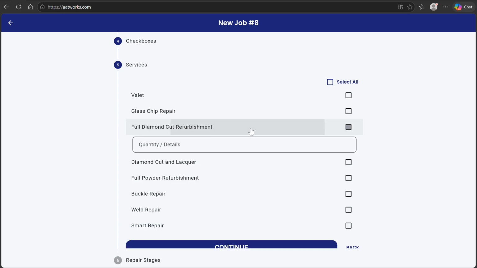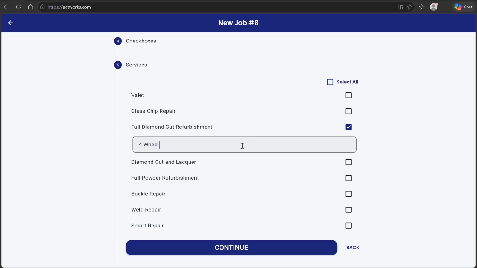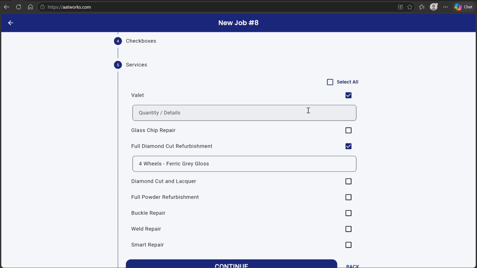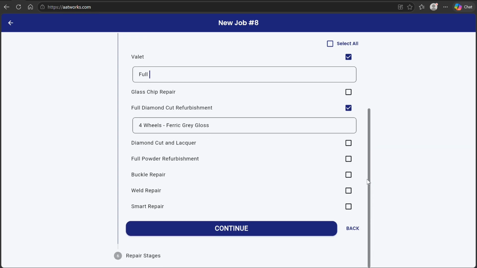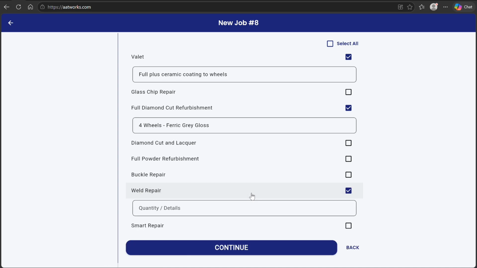So I don't know, maybe he's having a full diamond cut. So 4 wheels, ferric grey, gloss. It's having a valet as well. Full valet, plus ceramic coating the wheels, and let's say it's having also a weld repair, near side rear wheel, 1 crack,